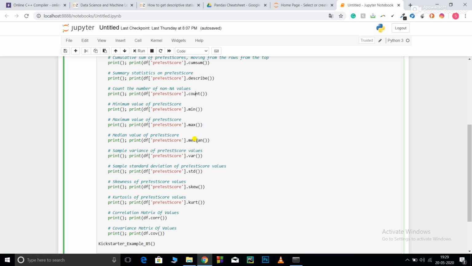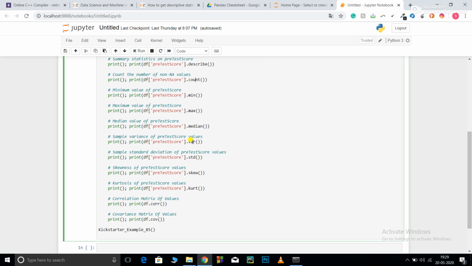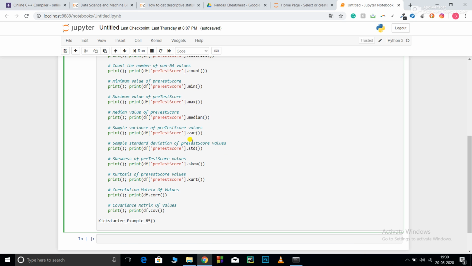whereas the median means the middle value where my data lies. Now variance: variance basically calculates the spread of my data. Variance is basically the average of the squared differences between the mean and each data point x present in my data. So it tells how sparsely or how densely my data is spread. If the variance is very low, that means my data is condensed, and most of my data points lie around the mean.